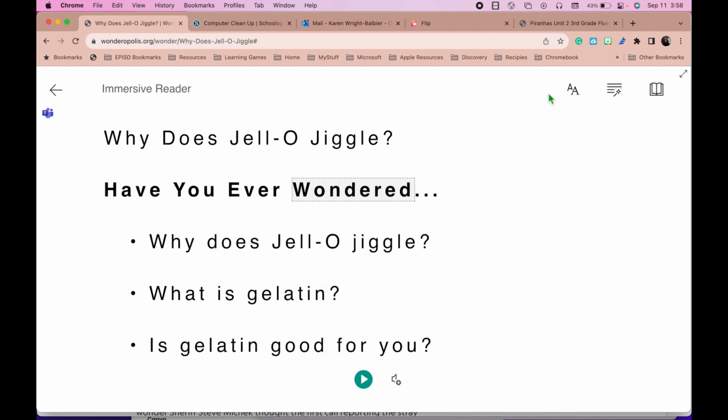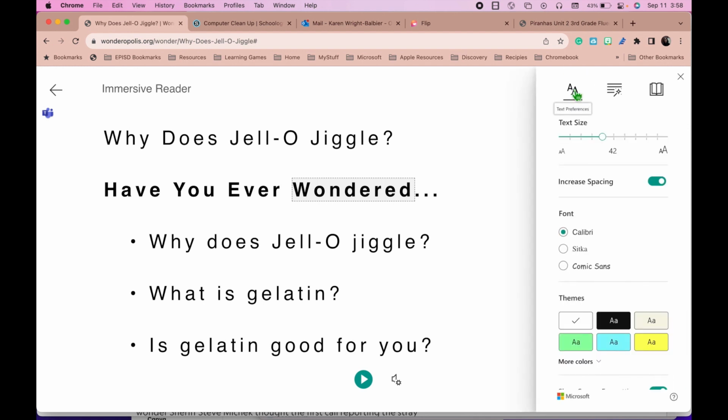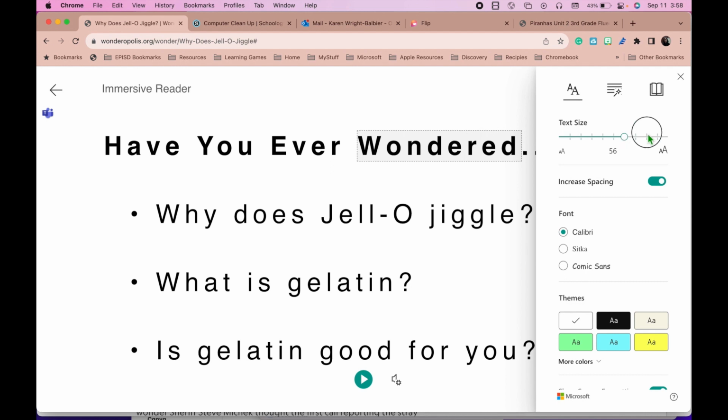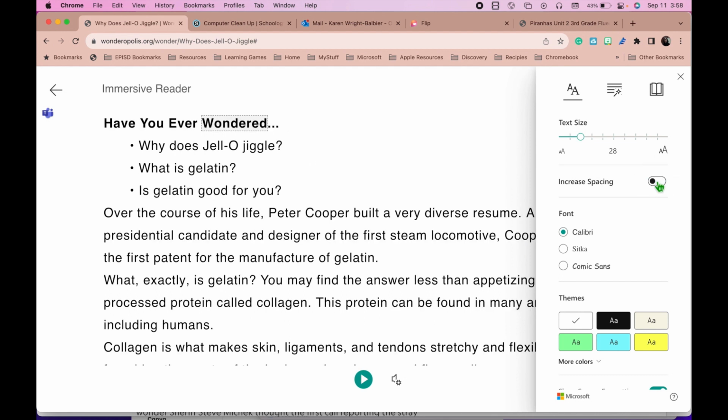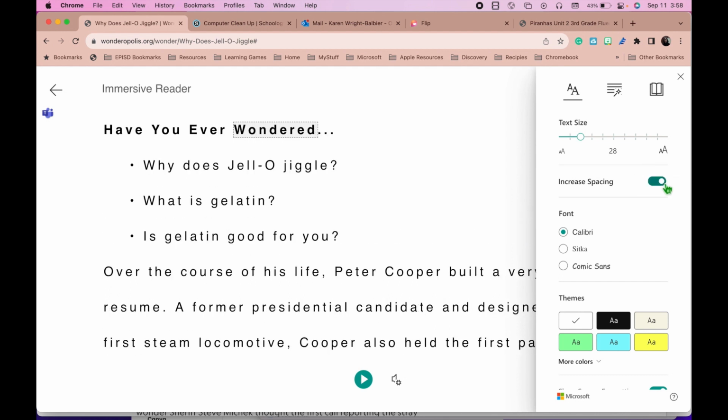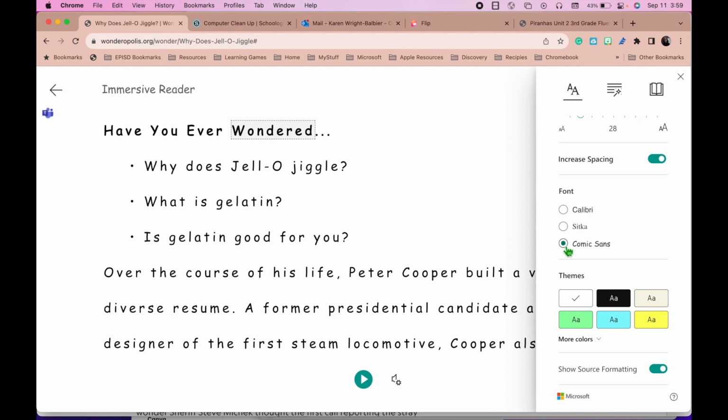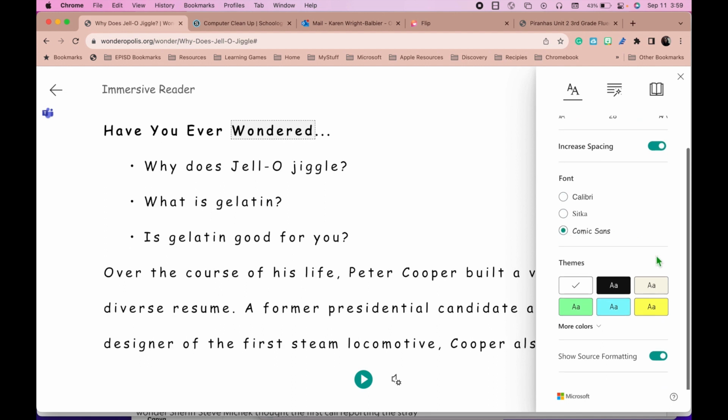I'm going to take a look here at the right hand side. These are some additional tools that you want to know about. If I head over here into text preferences, I can adjust the page to look the best for myself as a reader and how I'm most comfortable. I can increase spacing or take the increased spacing away. And so basically this is a great place to go ahead and customize the page so that it's most comfortable